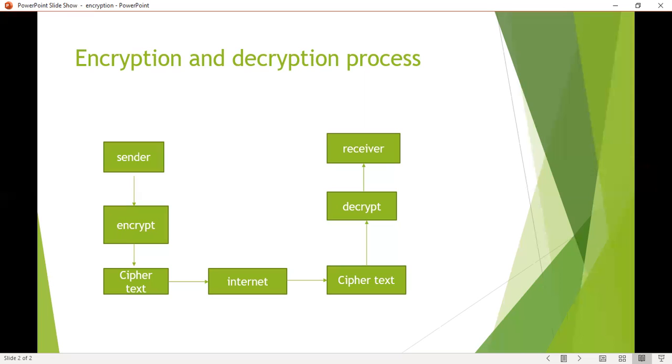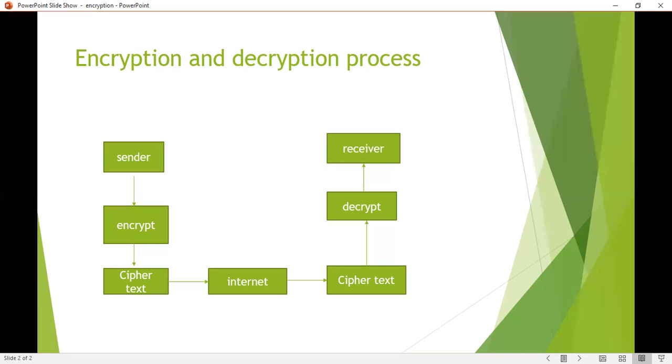In banking transactions and online transaction processes, this encryption and decryption process is used. Basically, the difference between symmetric key and asymmetric key is that symmetric key is less secure but asymmetric key is more secure. But symmetric key is faster and asymmetric key is slower. With a symmetric key, as we are using the same key, the time required for the process is very less. But whenever the hacker gets that particular key, the hacker can access the information very easily.